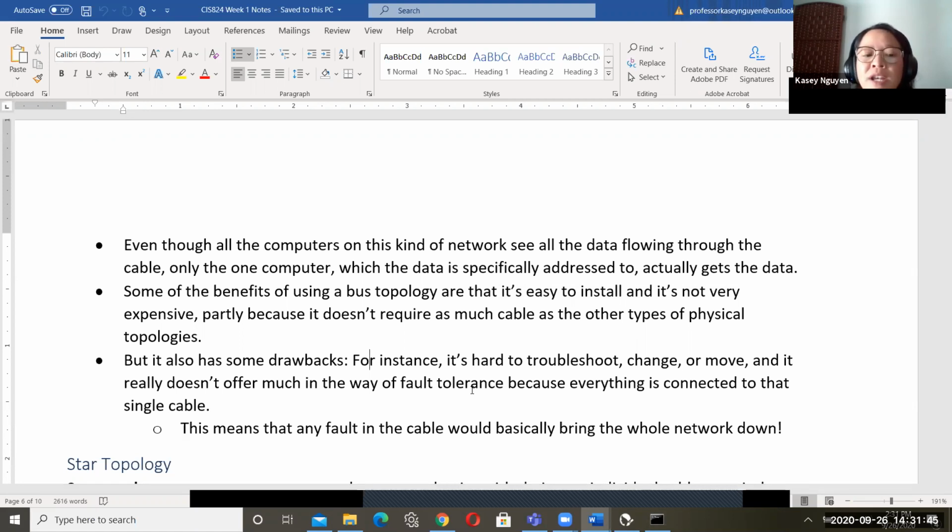If you change and move, that could be difficult because you already tapped a specific area in that line. You don't have fault tolerance, meaning you don't have a backup in case something goes down. When that whole line is down or one system is down, because it's passing from one to the next,